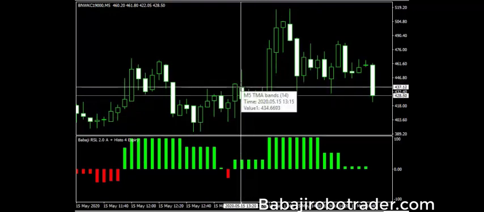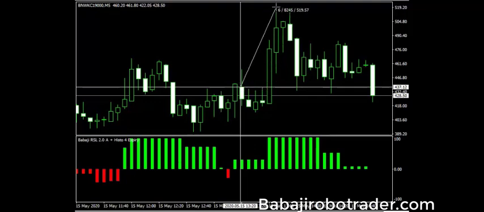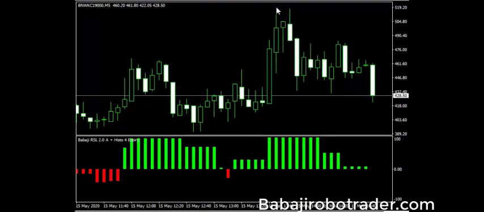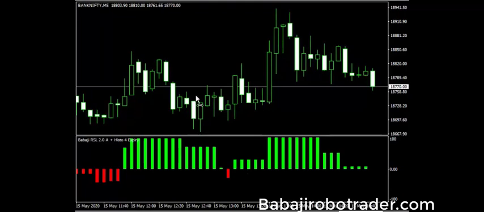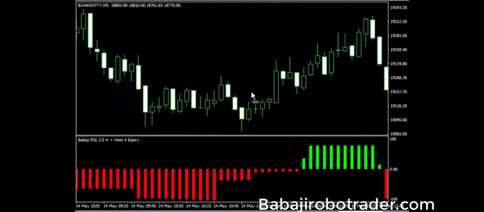Suppose if you have taken 1,000 quantity here, from here to here it will reach around 82 rupees. So that will give you 82,000 rupees profit in this trade. So now we will see how this indicator has performed on the expiry. The last week expiry is on 14th May. So let me change it to Bank Nifty and I'll see how it reacted on 14th May.